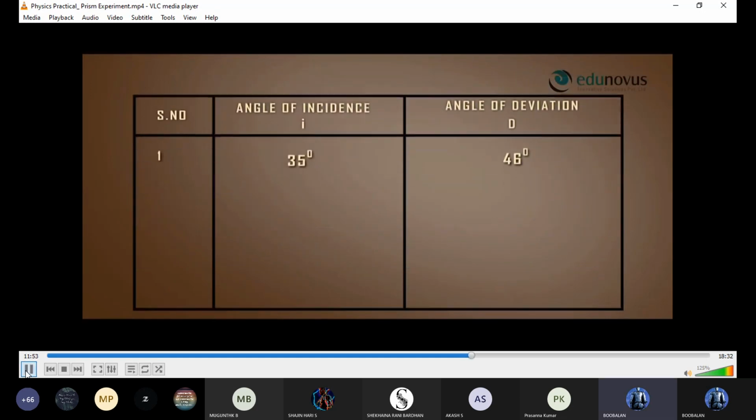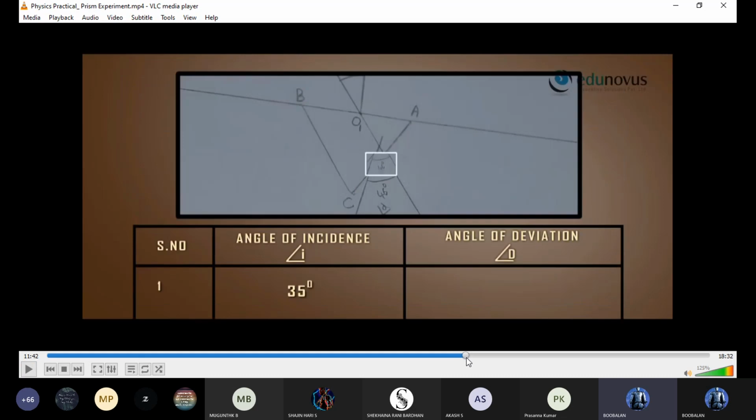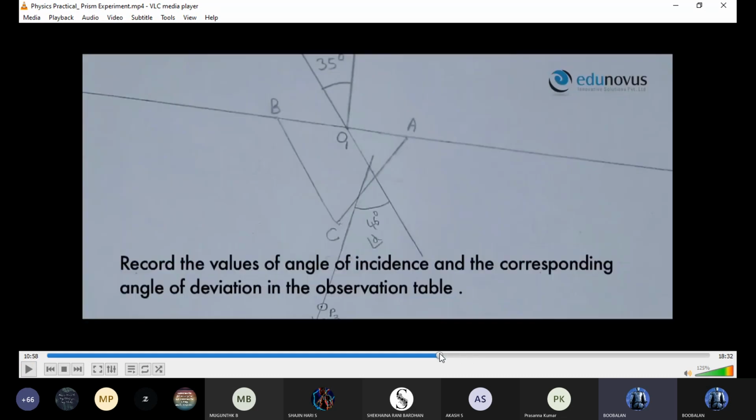Similarly, for the angle... Or you have one doubt, I can understand. Listen. In practical, the external examiner is there, no? They will come. 35 degree, they will use the protractor and measure the values. You mention here 35, actually it is 40 degree, then they will make one big round. Otherwise, now you are saying 46 degree. The external will also refer to what the angle is, 46 or 48. If it is 52, it means this diagram is wrong.